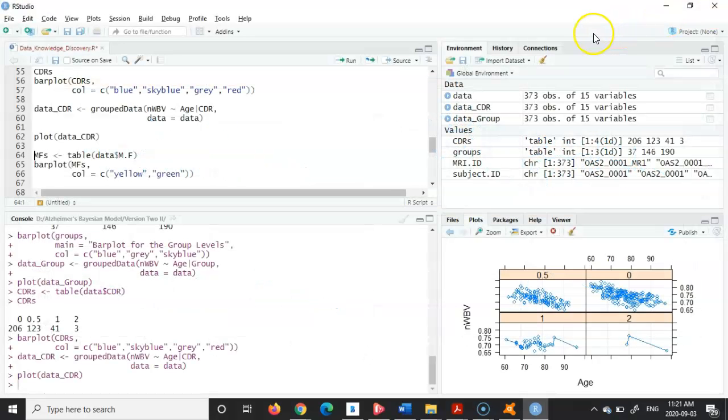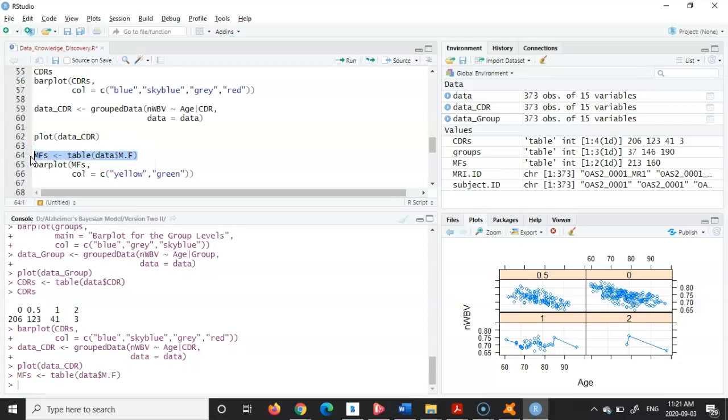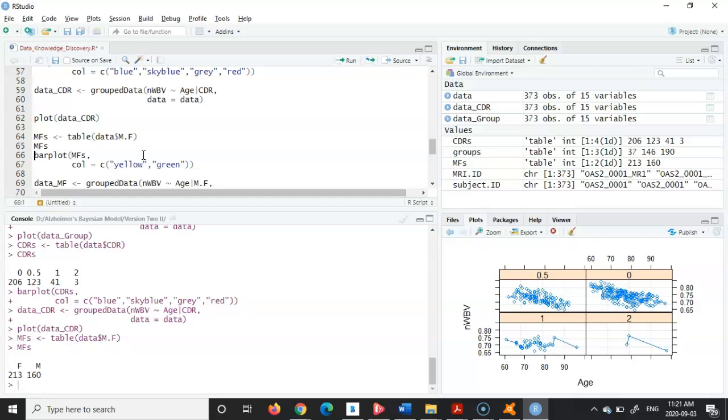Okay, and now we're just going to do the same thing. I'm just going to go to the gender. You see this line of code. Okay, what about the gender with respect to the male and females? You see that in our group, we have 213 female participants in our study, and we have 160